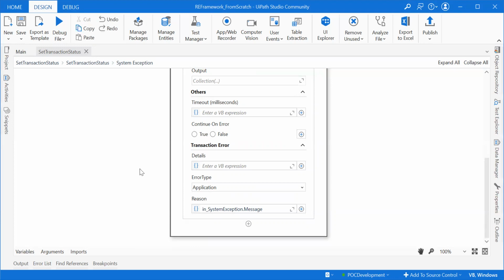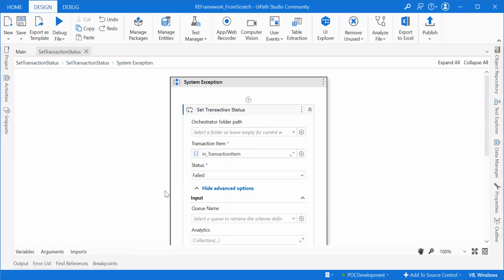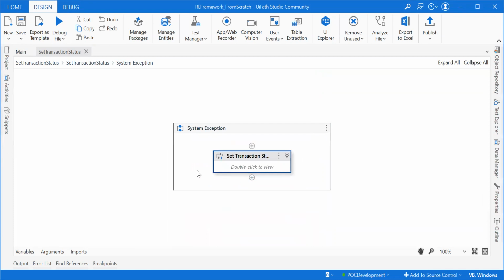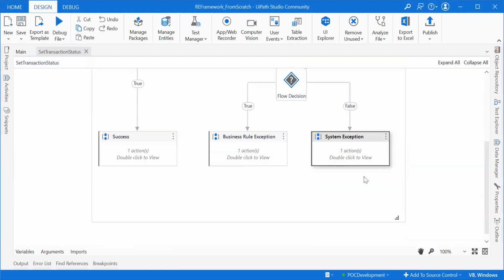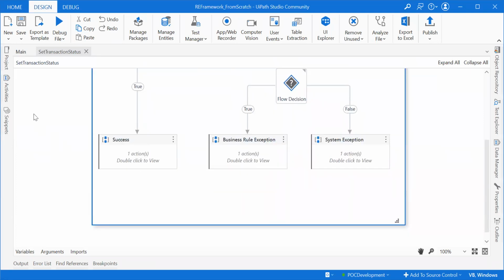But we need to build some more logic as well, because we need to understand whether the retry is available in the system exception or not. In case of system exception, we may need to retry the transaction. So we'll see how we are going to build it out. But before that,